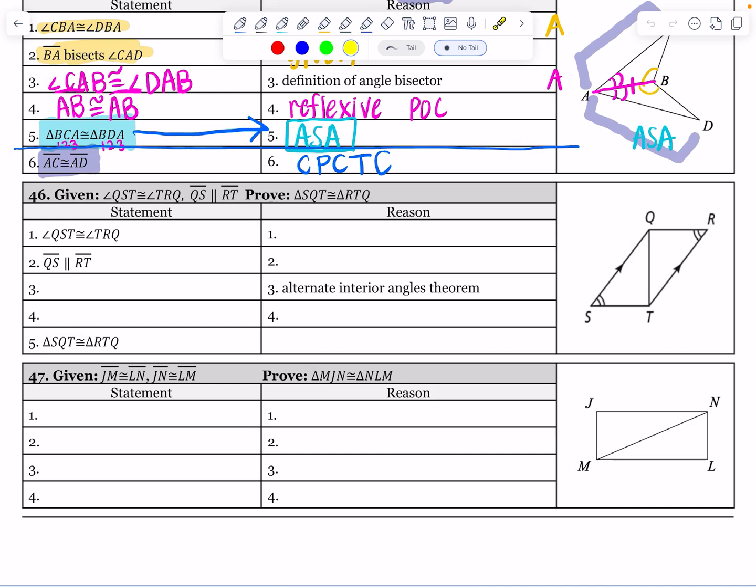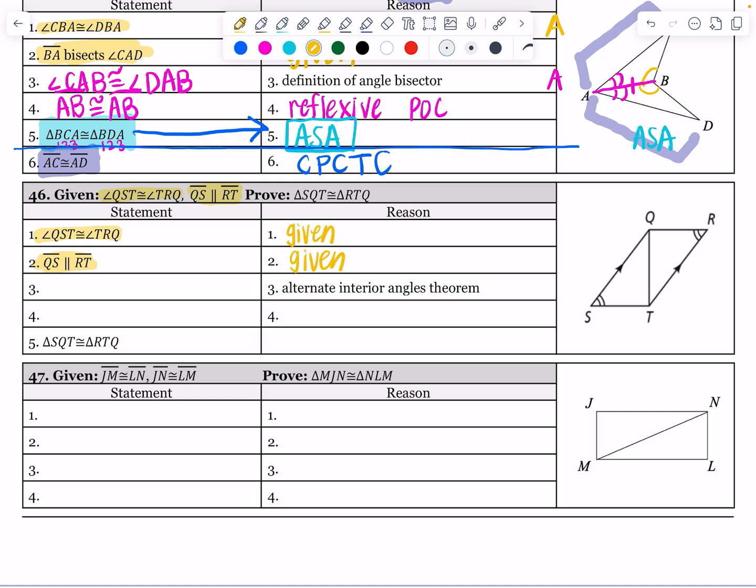All right, friends, we've made it to the last two proofs on the Chapter 5 study guide, questions 46 and 47. Again, let's start with our givens and make sure that we have all of that highlighted in the picture as well as on the proof. So we are given that these two angles are congruent and then that these two lines are parallel. And so let's go write the word given and then make sure that we also have that emphasized on